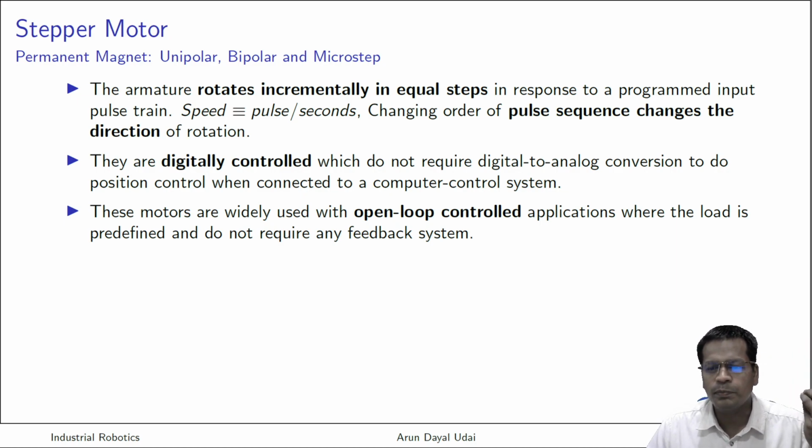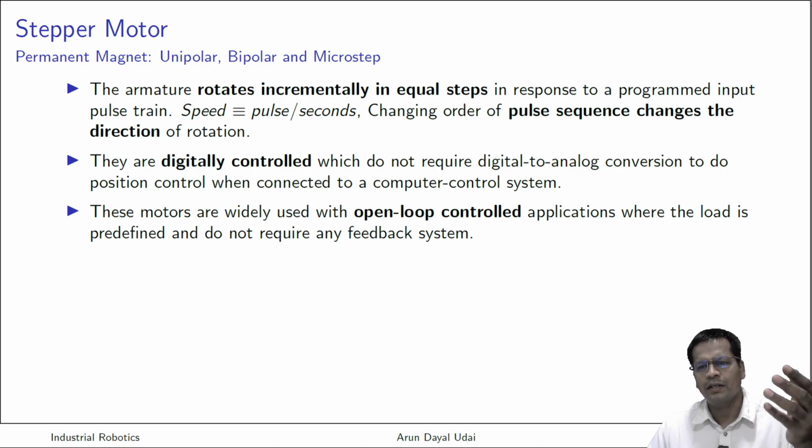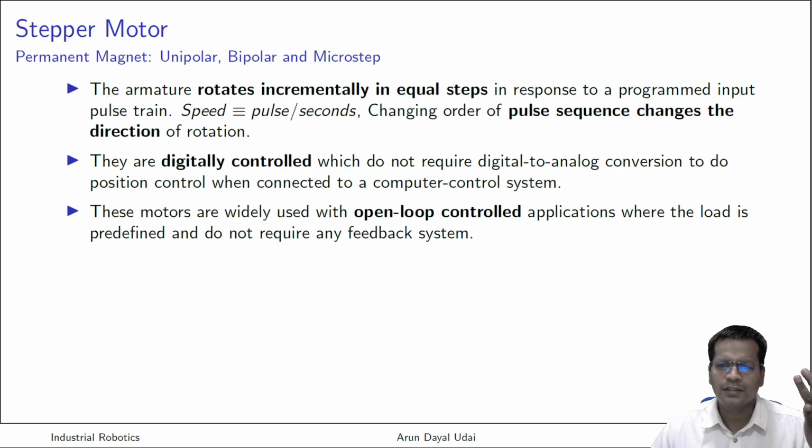Yes, your load should be very much deterministic in nature, means you should know, yes, this much of load is going to come to my actuator. Okay, if you already know the load, you have decided, okay, this motor can run at much higher torque rating as compared to my requirement, then yes, it will never slip. And if I command it to go there, it will go there, because the torque generated by motor is quite good enough to tackle that much of load. Okay, so you already know the angle, so you are happy without a feedback. So these motors are normally like that.